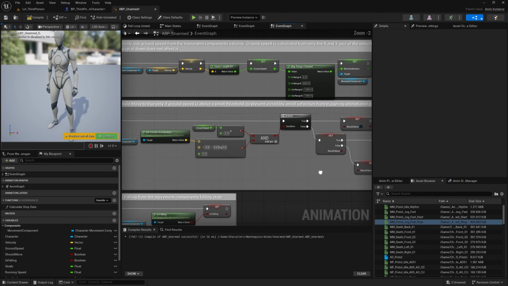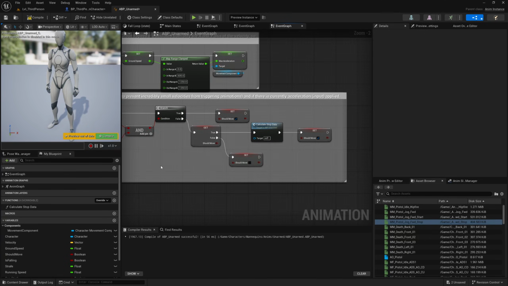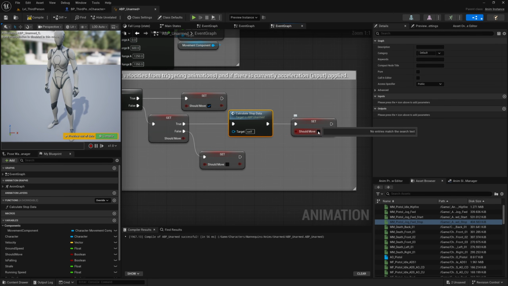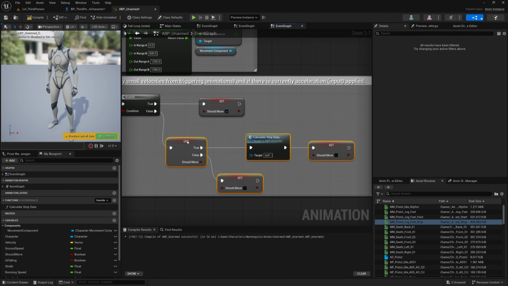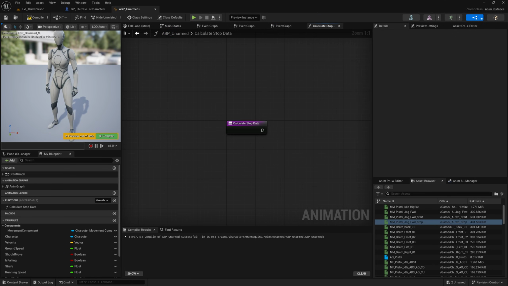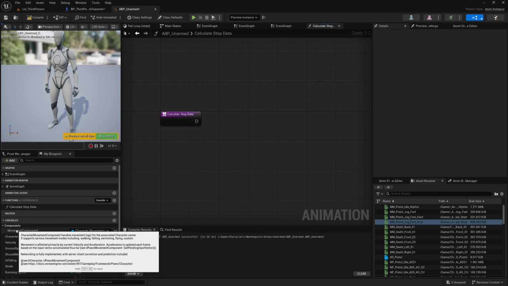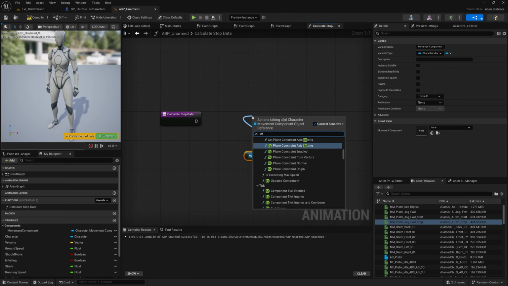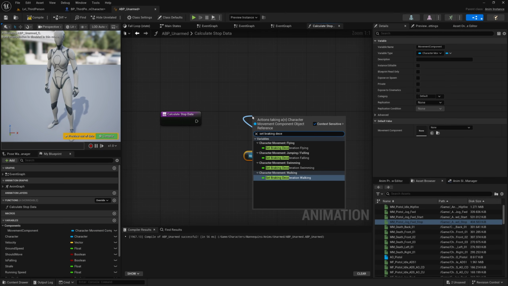So I hope this makes sense to you. If should move needs to be set to false, and it hasn't already, then we're going to set these variables that we want to set, and then we will set it to false, and make sure you uncheck this one. So these down here, these will both be false, and up here we're setting it to true. So let's head into calculate stop data, and the first thing we can do in here is change our braking deceleration. So once again, we can get the movement component here and we can set braking deceleration